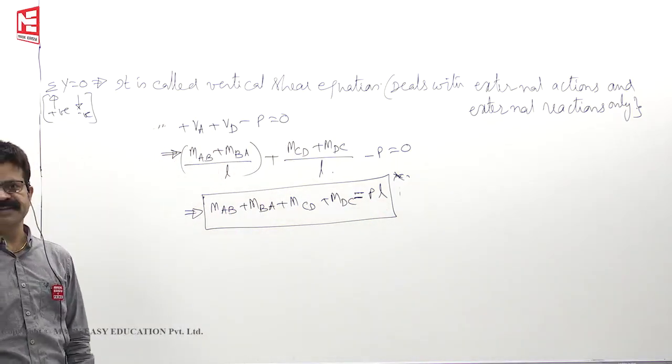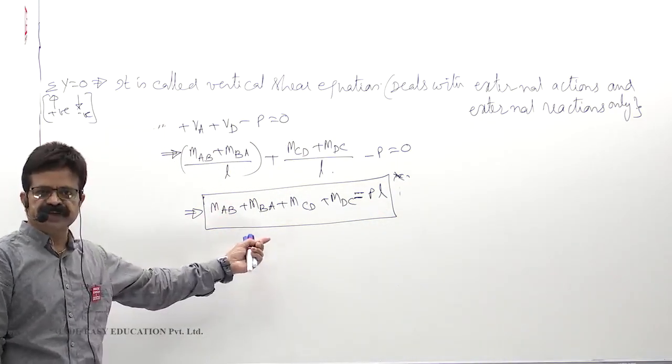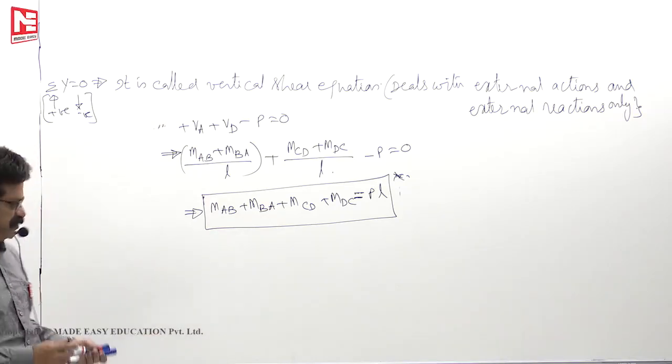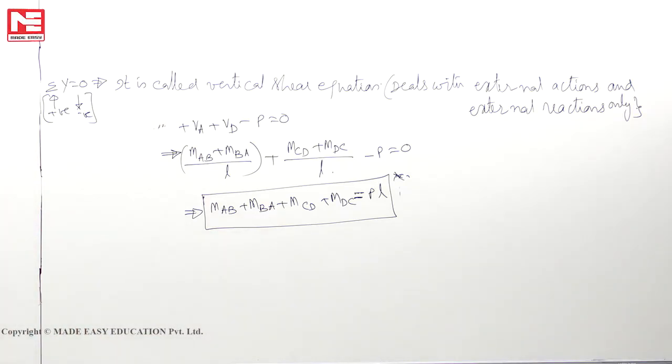This is the vertical shear equation. That means one additional equation we require because it sinks. Okay. Now,